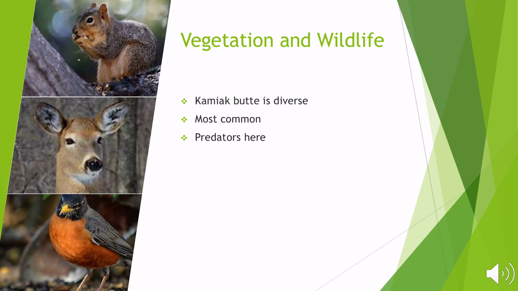Because of all the components previously mentioned, vegetation and wildlife are able to live here. The wildlife at Kamiak Butte is fairly diverse with many different species of animals. They all can live here because the butte is able to support their needs, and it's one of the few places in the Palouse that is considered a forest. Some of the most common animals include elk, mule deer, red squirrels, nuthatches, woodpeckers, northern flickers, wild rabbits, porcupines, owls, and red-tailed hawks. These are all frequently caught on